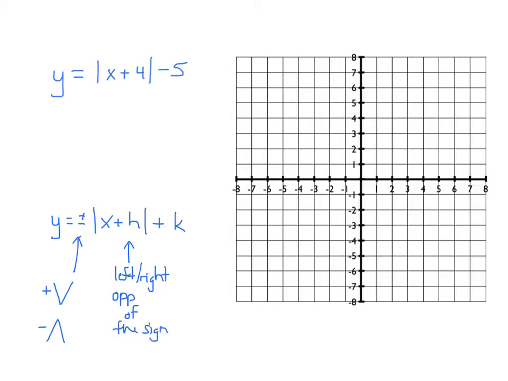So a plus is going to mean to move to the left, and a minus is going to mean to move to the right. The K tells you how to move up or down, and for this, the key is it's going to move with the sign. So positive is up, negative is down. You find the vertex, decide whether it's up or down, and then once you move up or down,